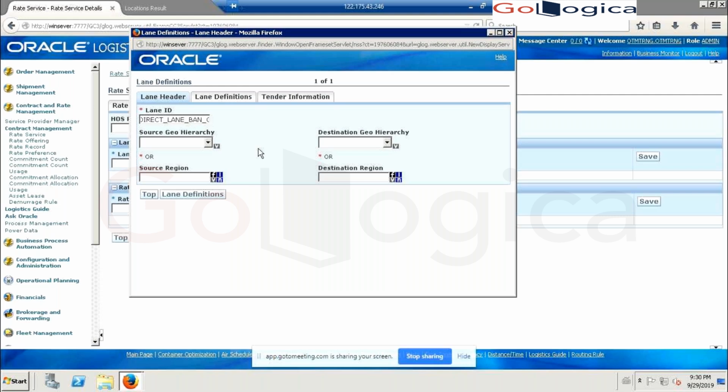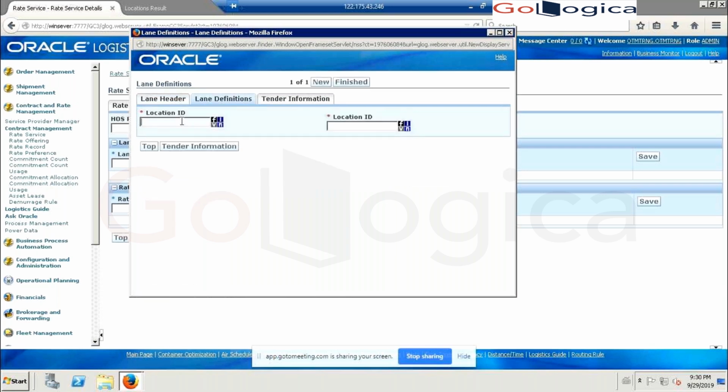So the hierarchy will be location to location. We are creating the information from location to location. So source location will be Bangalore and destination location will be Chennai. So I'm creating it.